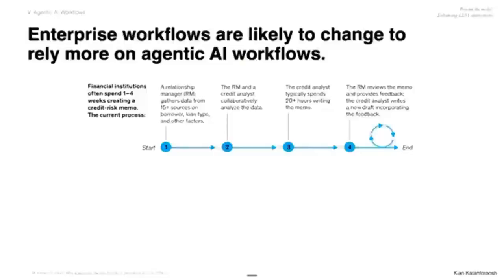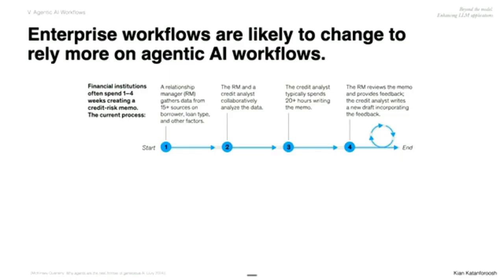Here's another example from enterprise workflows, which are likely to change due to agentic AI. This is a paper from McKinsey, I believe from last year, where they looked at a financial institution and said, we observed that they often spend 1 to 4 weeks to create a credit risk memo. And here's the process. A relationship manager gathers data from more than 15 sources on the borrower, loan type, other factors. Then the relationship manager and the credit analyst